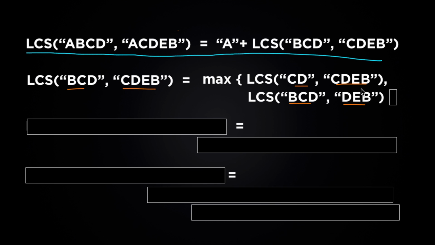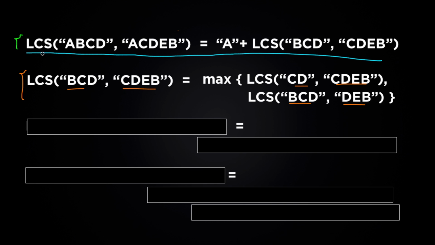I'll just write it as max. Again, this might be a little bit hard to get your head around, so I'd recommend playing around with a few examples here too. Now, if you implement this function as is, you'll need to create new strings every time